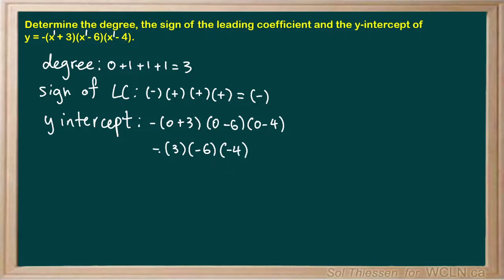The product is going to be negative since we have an odd number of negative signs. We have 3 negatives, so 2 negatives will cancel to be positive, and then the last negative will make sure that the product is negative. And 3 times 6 times 4 is equal to, well, 6 times 4 is 24. That times 3 gives us 72. So the y-intercept will be at y equals negative 72. Okay, so the degree is 3, the sign of the leading coefficient is negative, and the